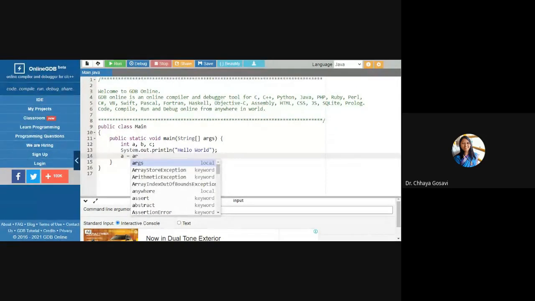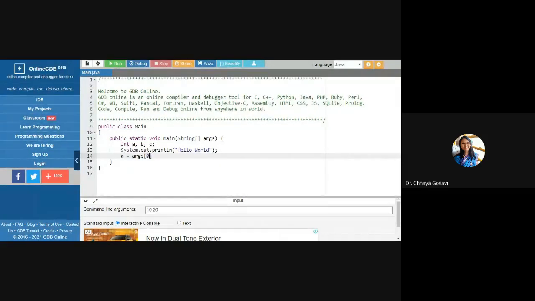ARGS, which is an array. We have to take 0th element dot.